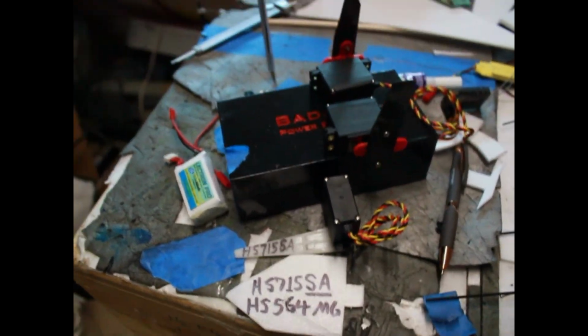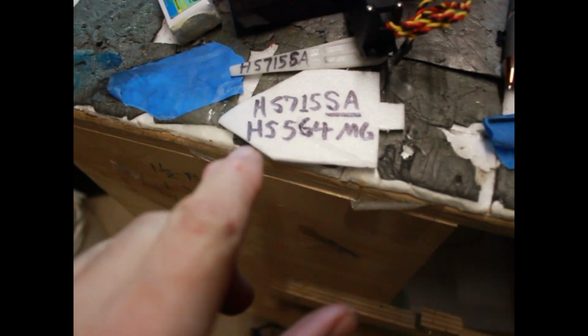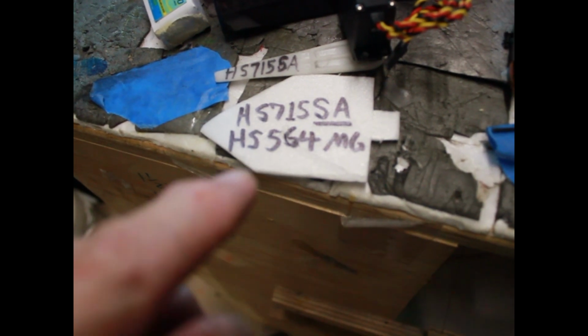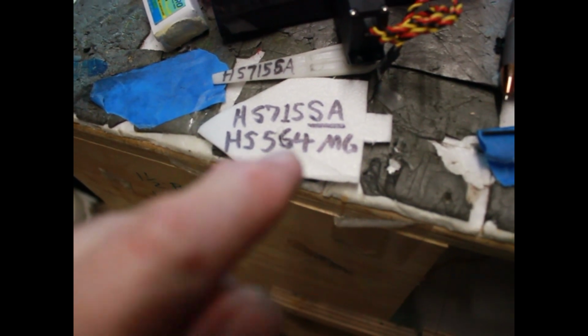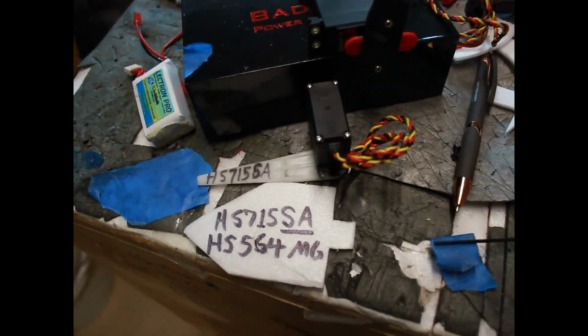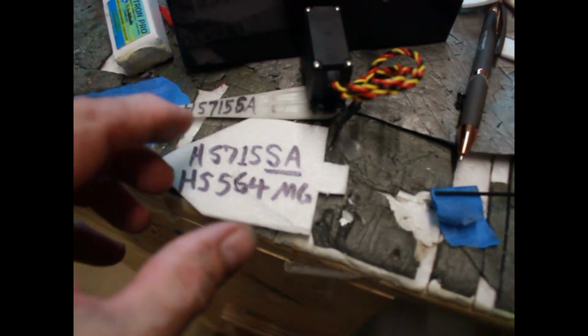It's not really about the movement, but you do want to consider this. My two servos are elevons that are HS high-tech 564 MG. It's got 140% each way, so it seems like it's got extra. So you can account for that if you've got a shorter throw than I do, but nonetheless, I'm going to go with